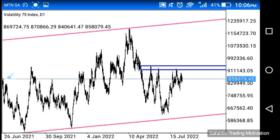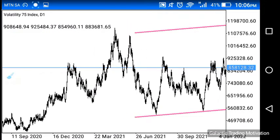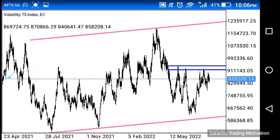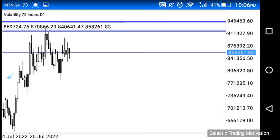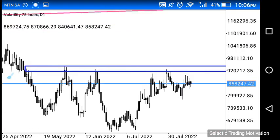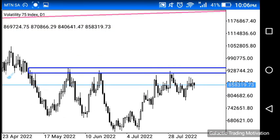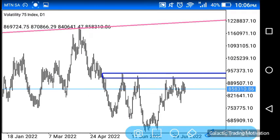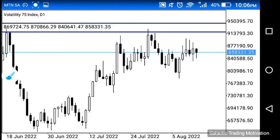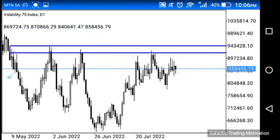Just also keep in mind that the channel is upward sloping, and that in the bigger scheme of things, we are in an uptrend as far as I'm concerned, right? So let's continue. So what else do we see on this chart, which is the daily chart, that we should be paying attention to? So as much as we have this inverted head and shoulders pattern, bear in mind that we also have, let me just zoom in a bit, we also have another